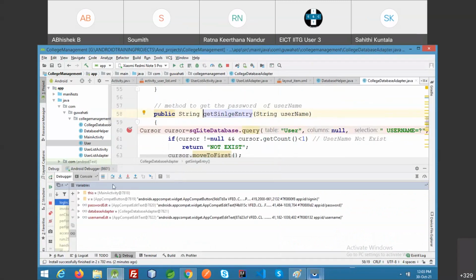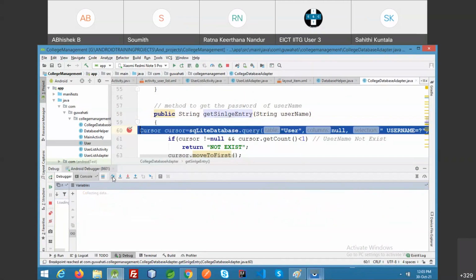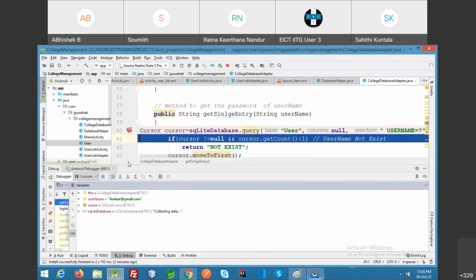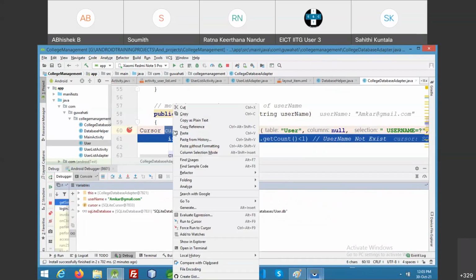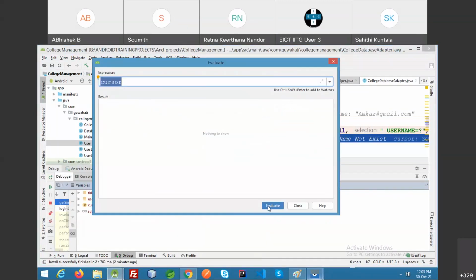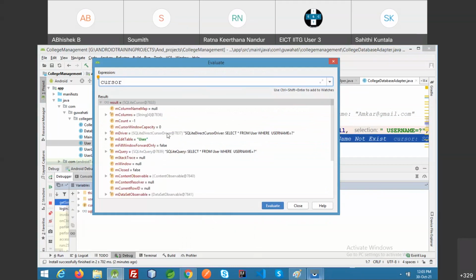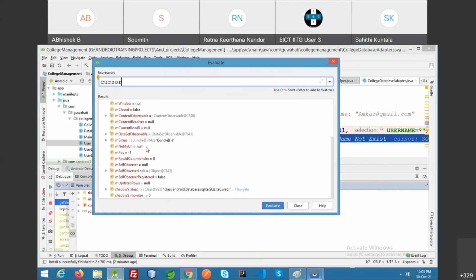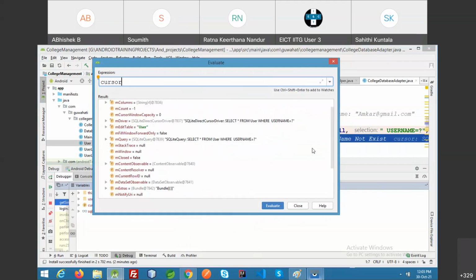I attach a cursor here. Now query. Now let me check the cursor. What's the cursor here? In the cursor, select star from user where username equals to what?